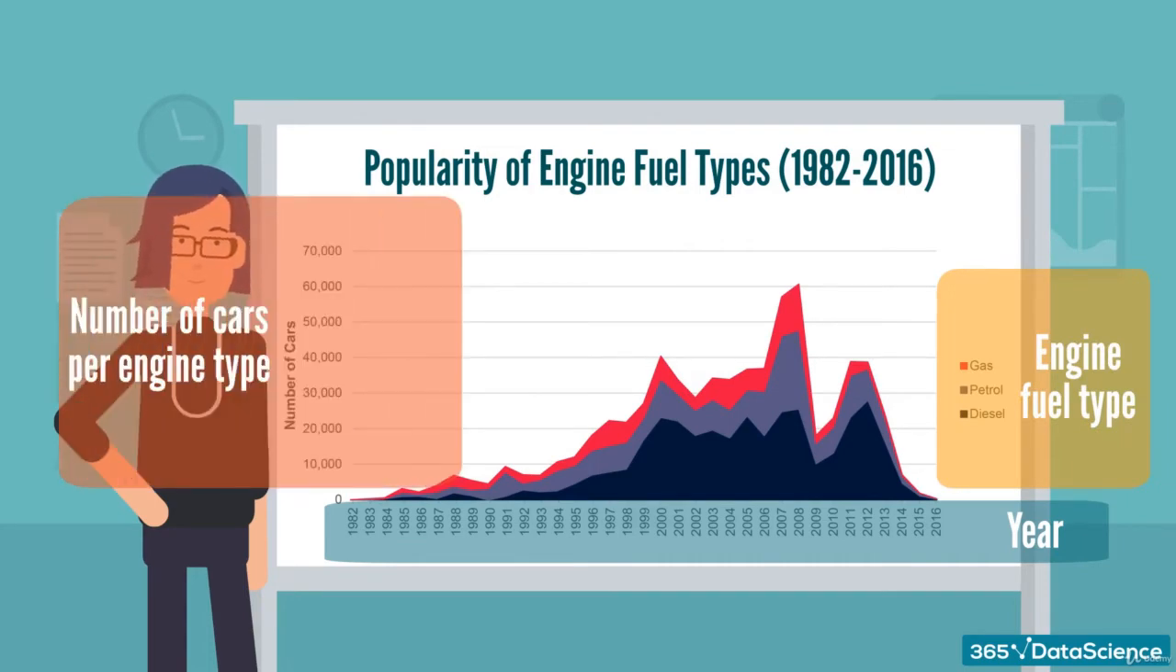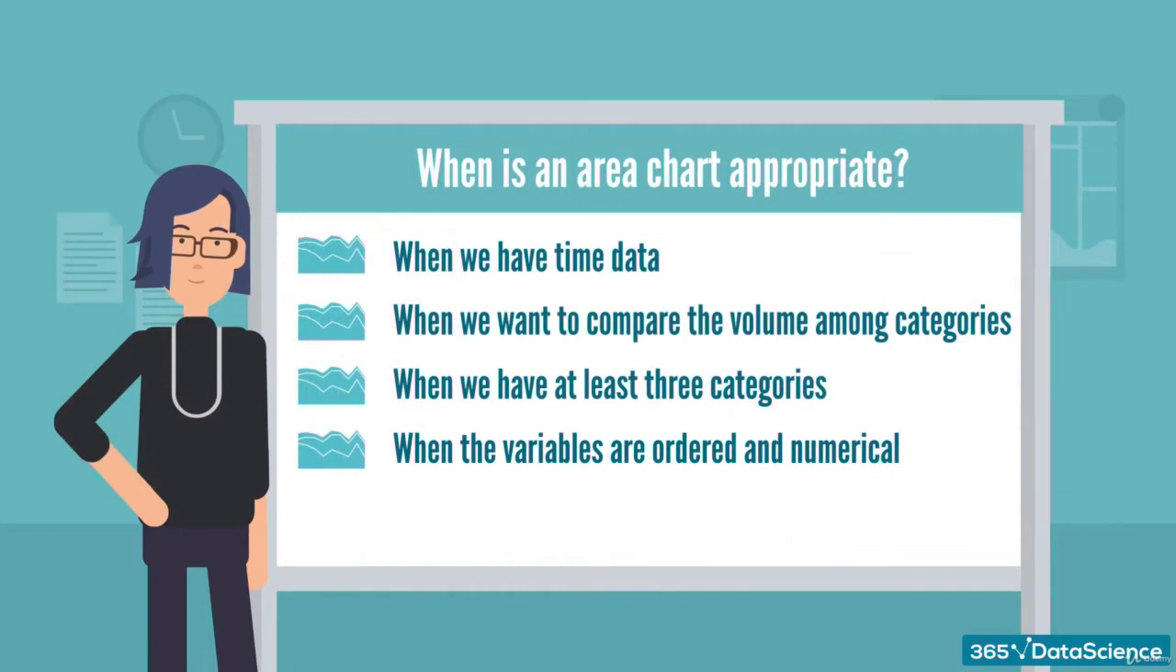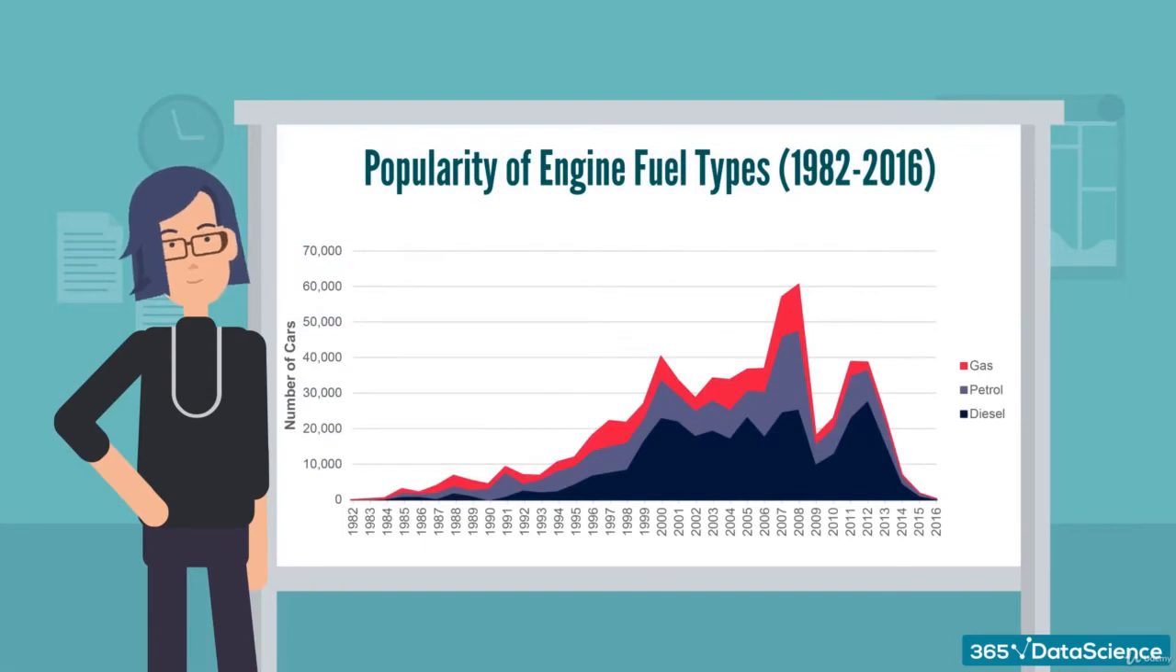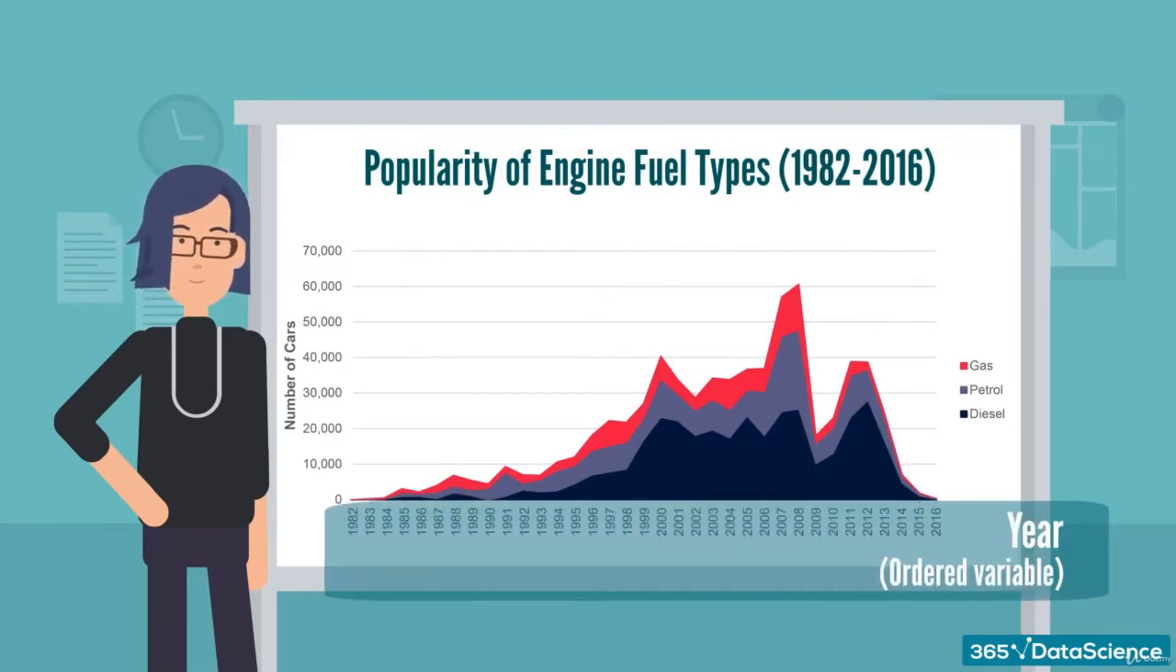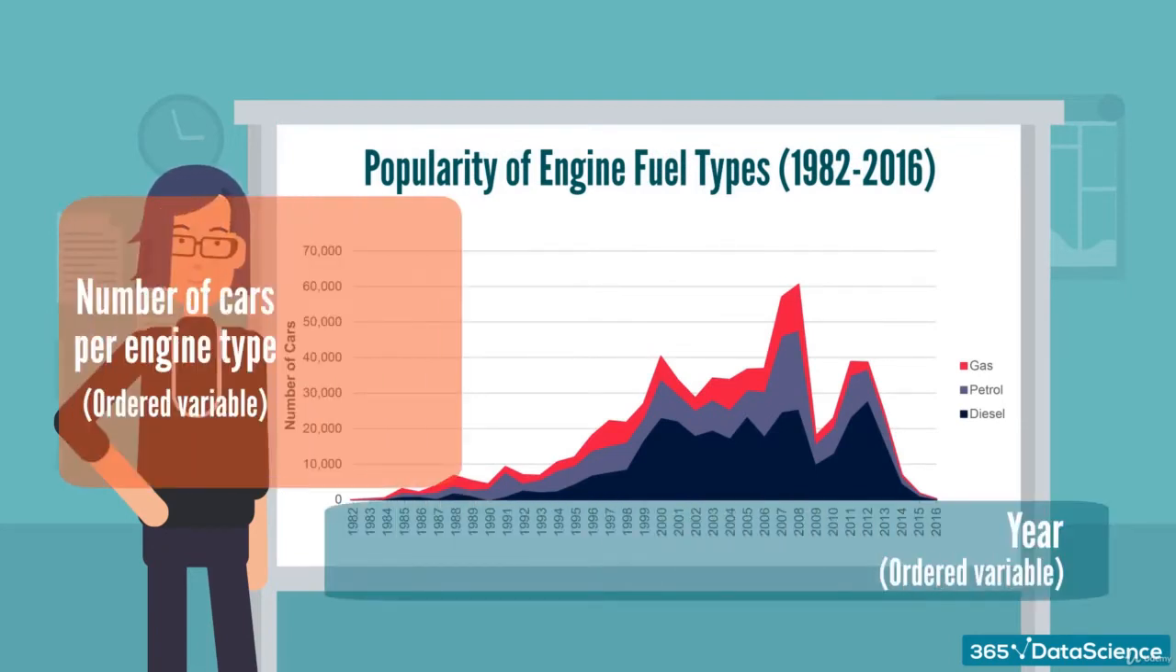In addition, there must be an ordering for at least 2 of the variables, and they must be numerical. Again, in our case, the ordered variables are year and number of cars. And our categories were